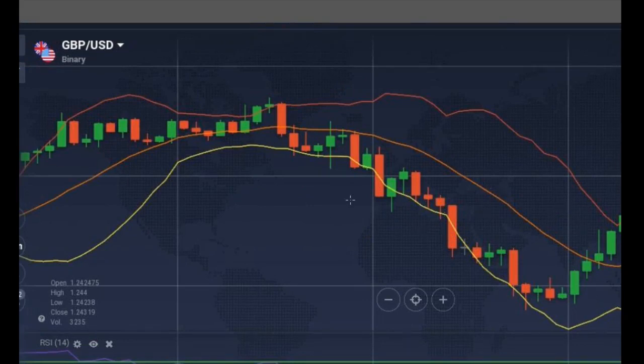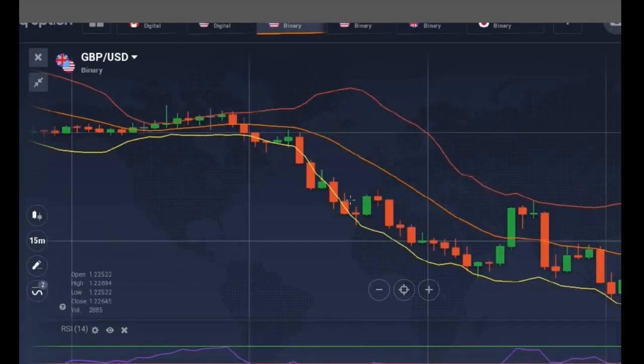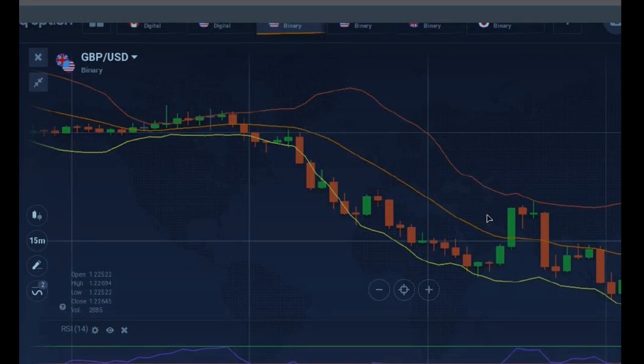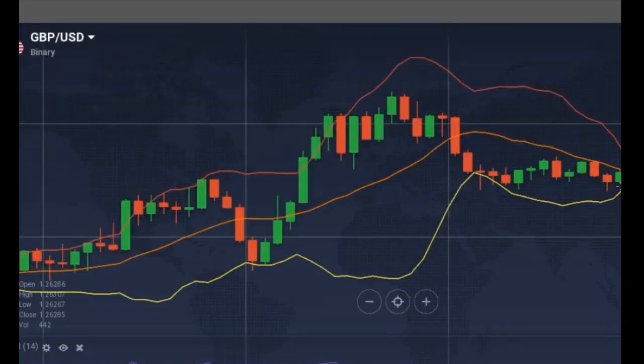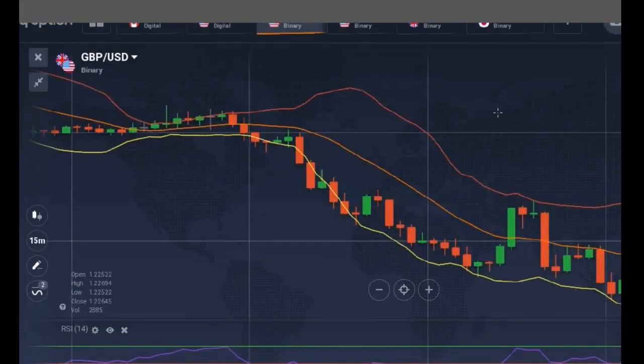Price was also cut here too, but basically the concept is still the same thing. You want to wait for price to close down, close below the Bollinger Band, and you want to ensure that